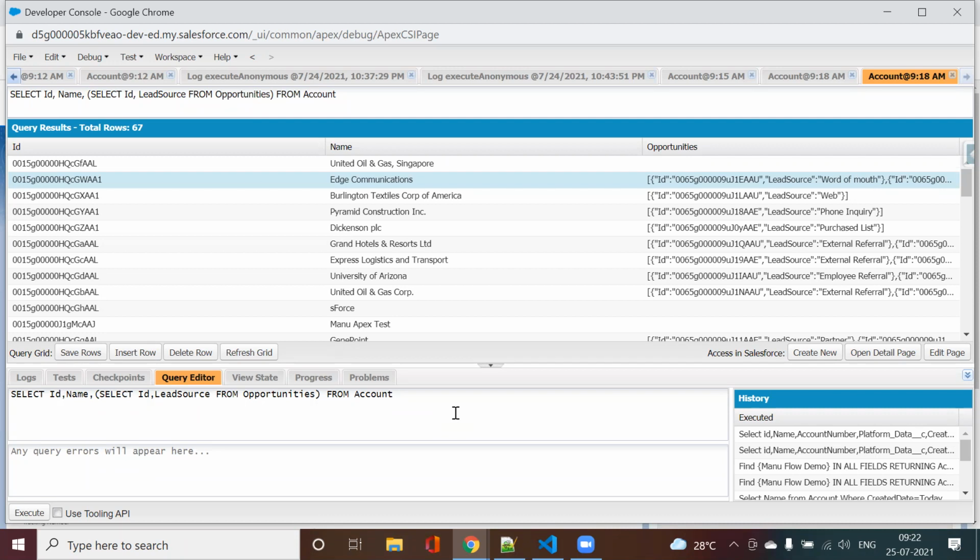But in case of child to parent, assume I have to query from opportunity to account, that is, I'm doing the opposite, that level I can go up to 5 levels. So let us try that also.